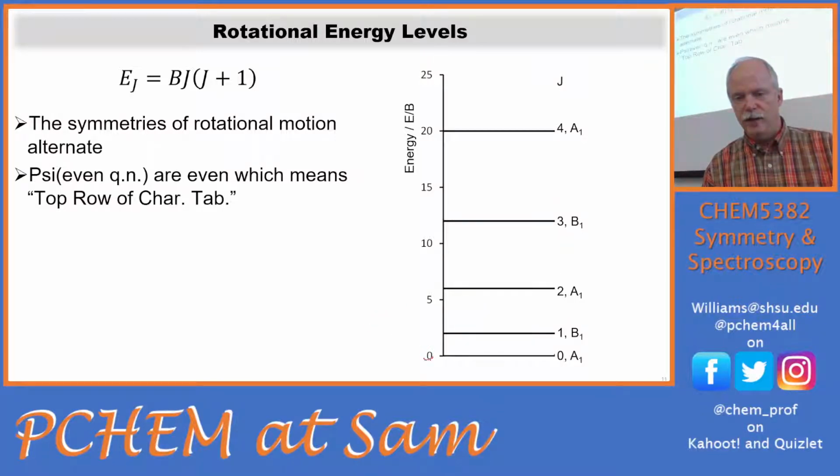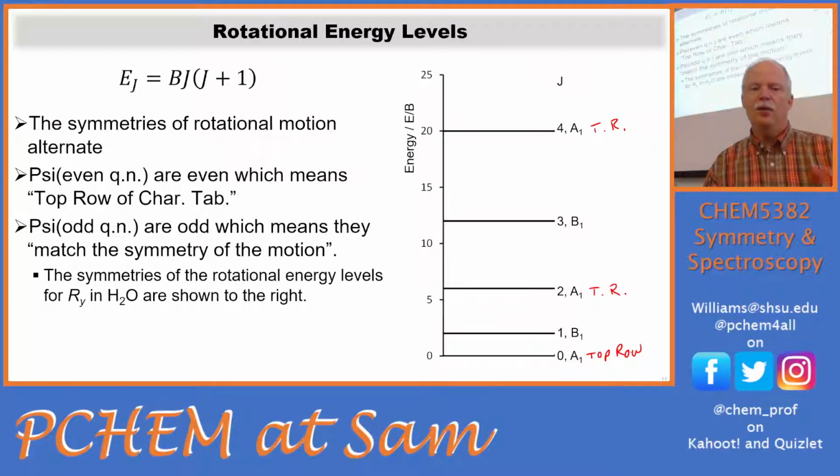So you see here J equals 0, top row. J equals 2, top row. J equals 4, top row. Okay. And then the odd quantum numbers are the symmetry of the motion. So the odd quantum numbers match the symmetry of the motion. So whatever that motion is. So like in